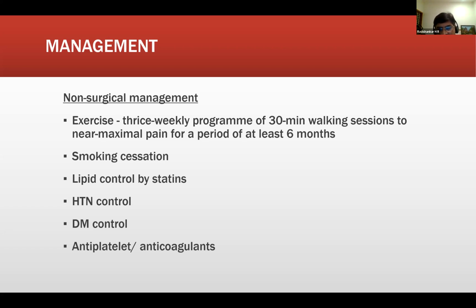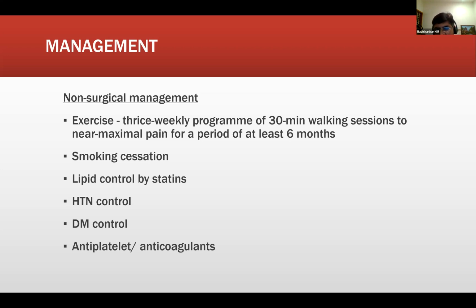See, the obviously supervised exercise program, one thing is that you'll ensure that the person is doing the exercise every day, and then you are supervising the distances to make out how far he is able to walk before he gets the claudication, and then you monitor these things and basically advise them how to do this. Basically what you have to tell them is to walk through the pain barrier and then see how far can they walk through the pain barrier before they have to stop.